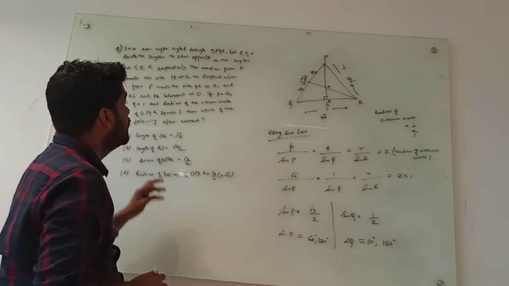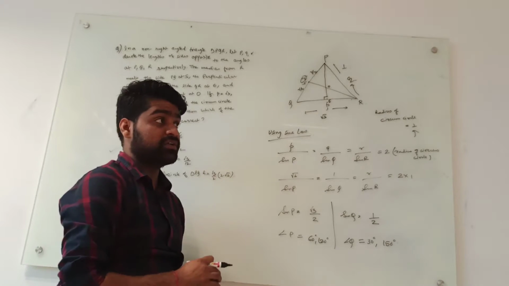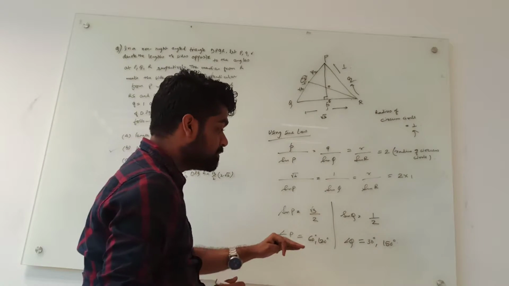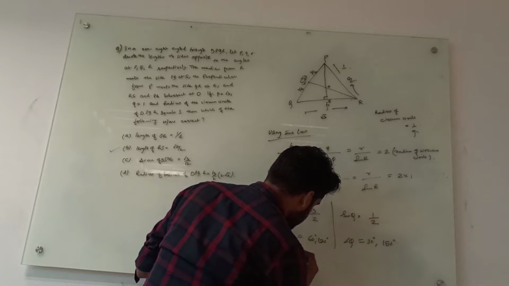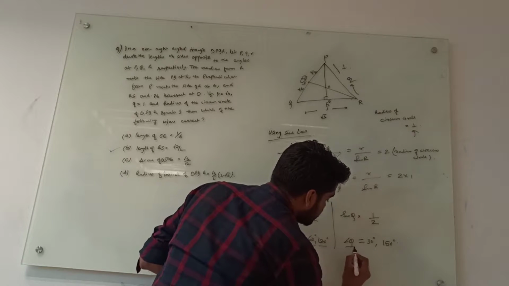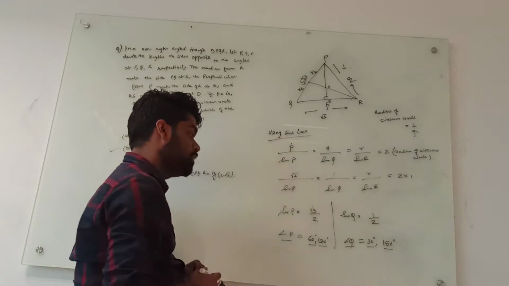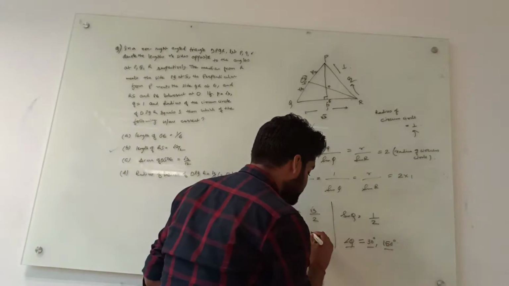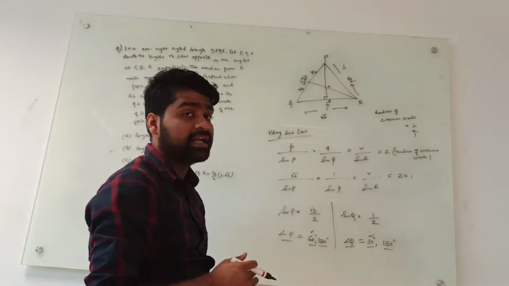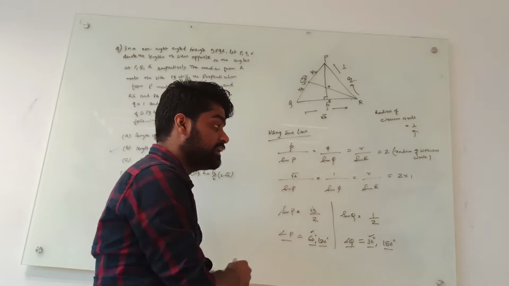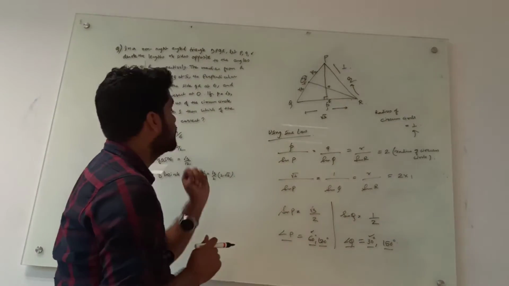Now one thing to note, it's a non-right angle triangle. So what we have to see is that the sum of the angles P and Q should never be equal to 90 degrees. Angle P is either 60 or 120, and angle Q is 30 or 150. If we take angle P as 60 and angle Q as 30, this will become 90 degrees. So angle R will automatically become 90 degrees, which will make it a right angle triangle, which is impossible because of what is given in the question.